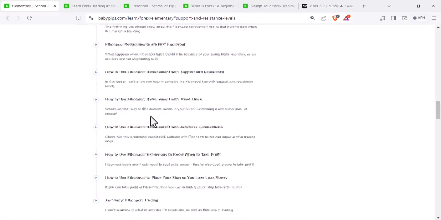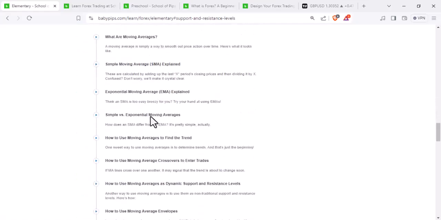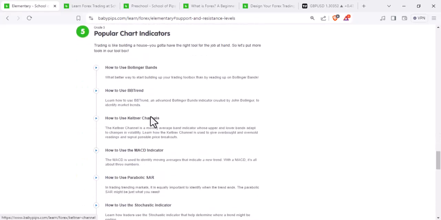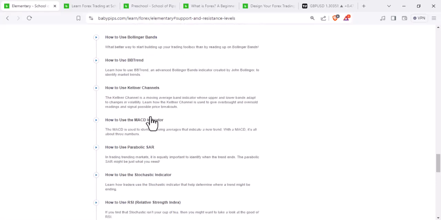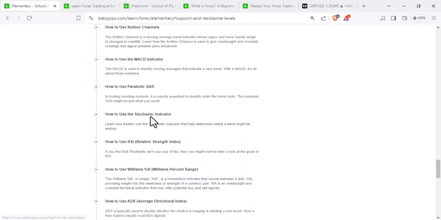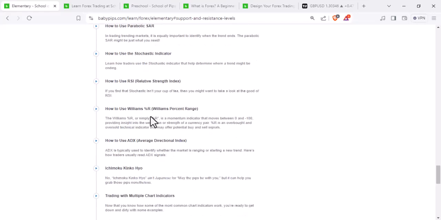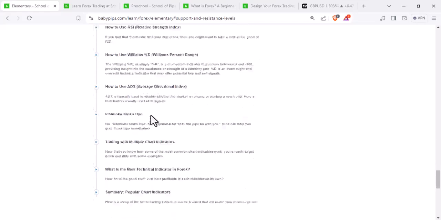Fibonacci, look at all the subtopics under Fibonacci. Moving averages, look at all the subtopics. Popular chart indicators, Bollinger Bands, BB trend, Keltner channels, the MACD indicator, moving average convergence divergence, parabolic SAR, stochastic, relative strength index, Williams, and like